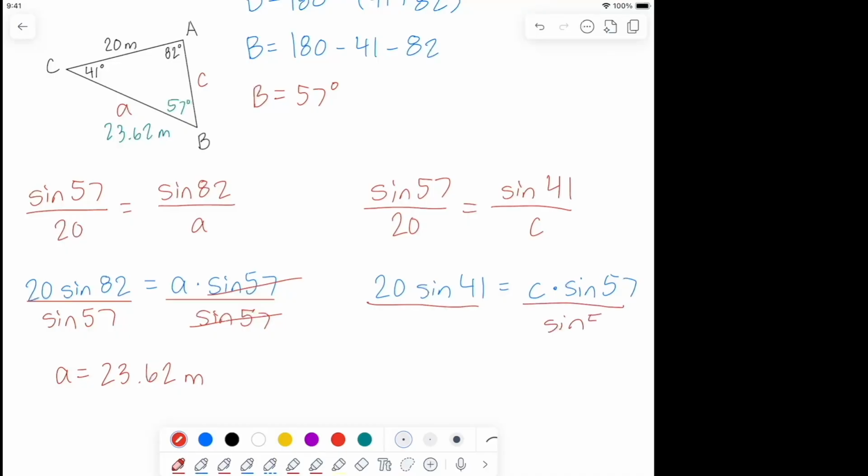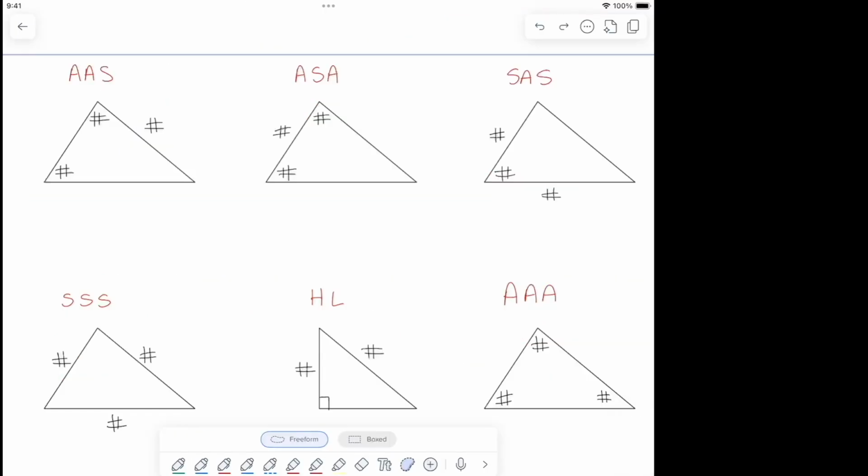We're going to divide by the sine of 57 again on both sides. And C equals 15.65 meters. And we can complete that triangle. So there are different ways to calculate triangles, any triangle, and we've just done two of them using